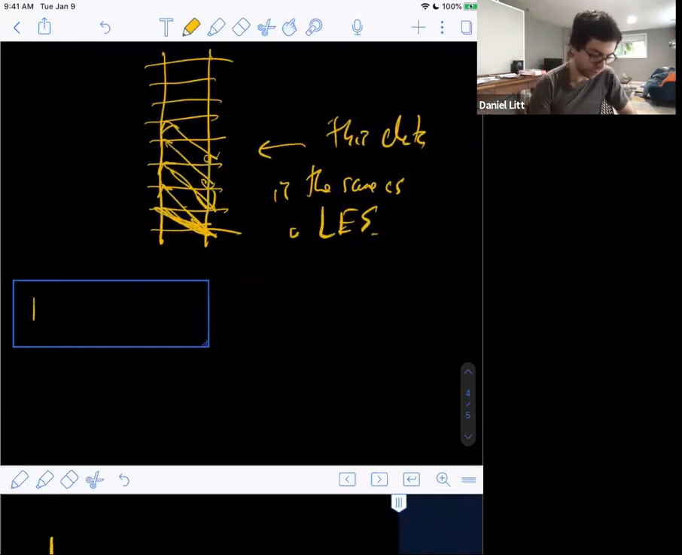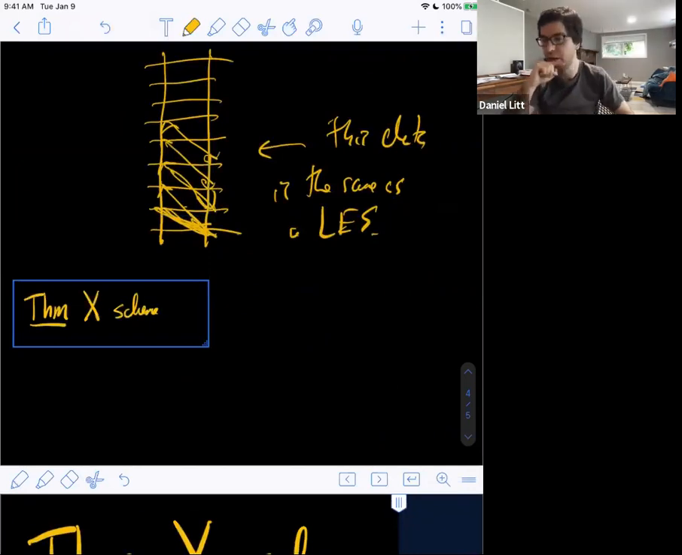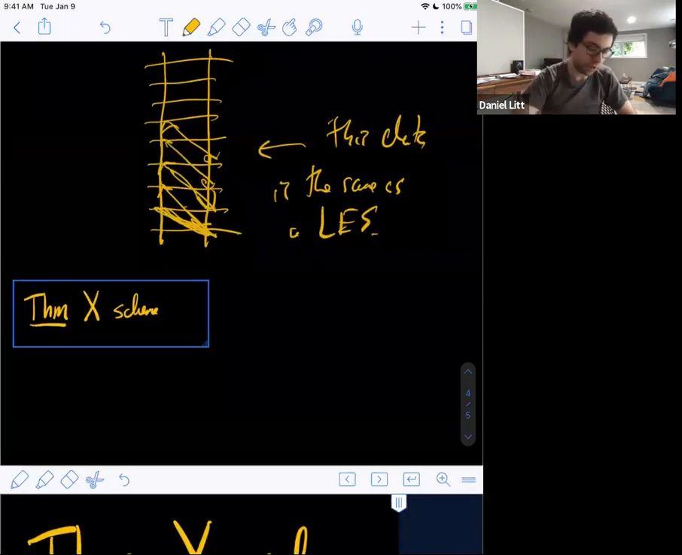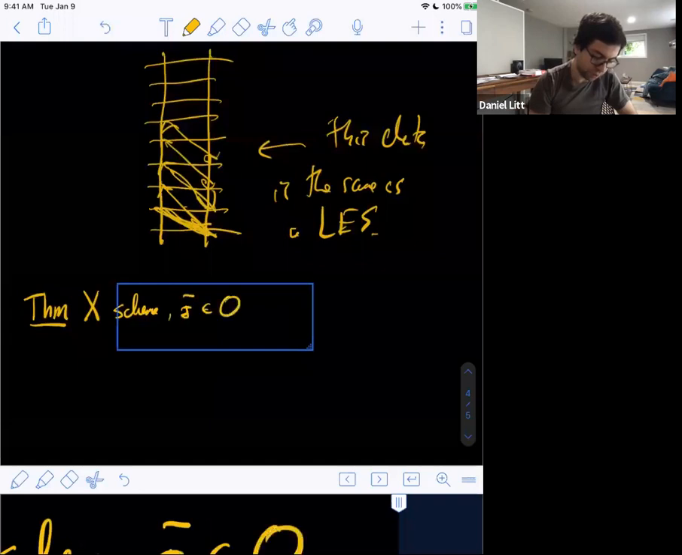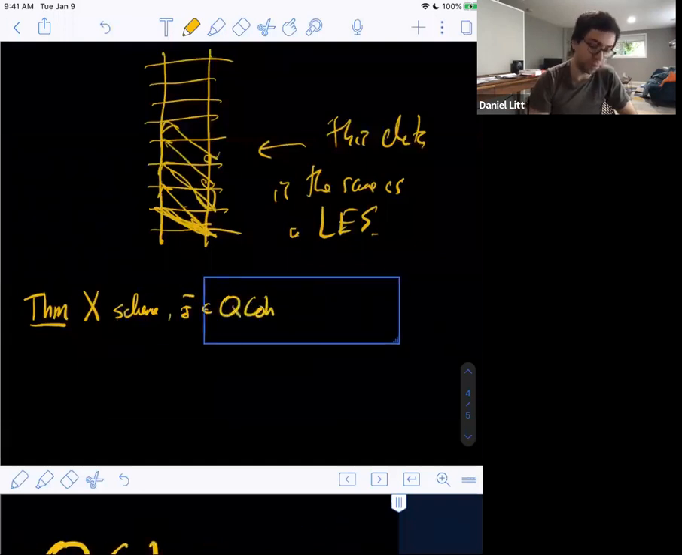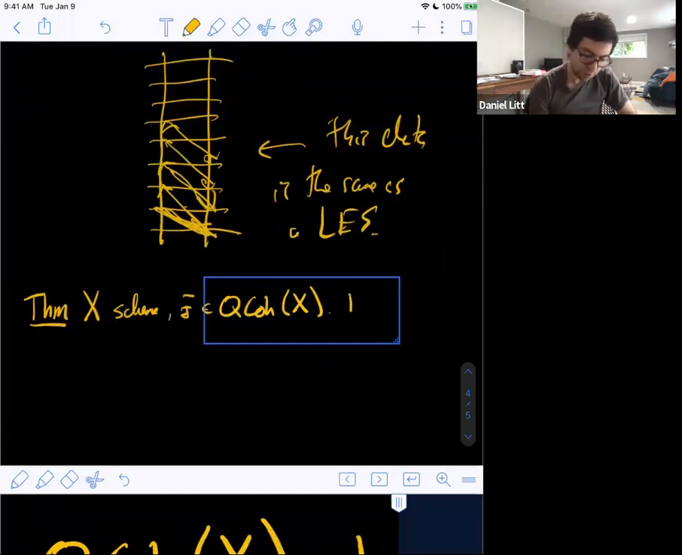So here's a theorem. Suppose X is a scheme. This theorem is true actually for arbitrary schemes, but I'm only going to prove it in a special case. So suppose X is a scheme and F is a quasi-coherent sheaf on X. So for example, O_X. Then